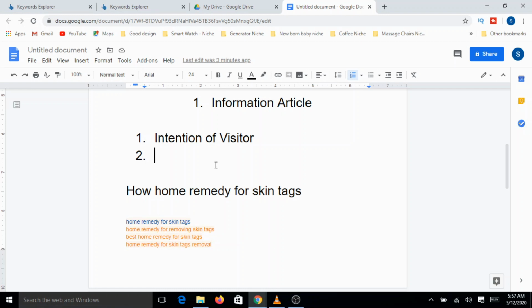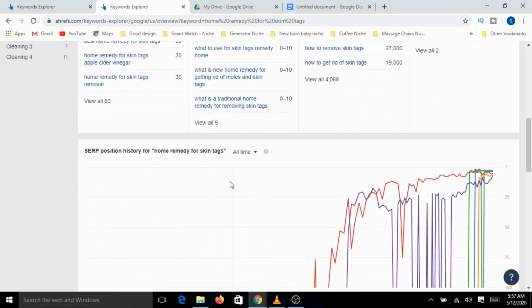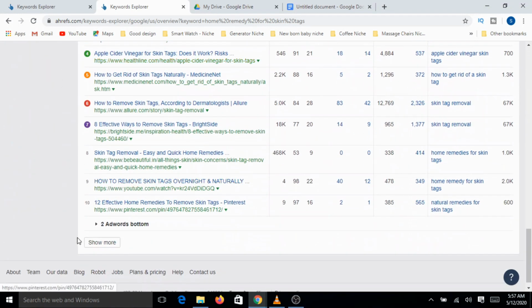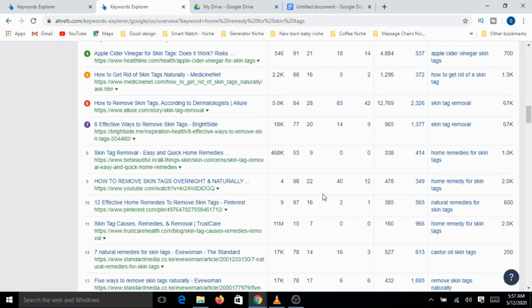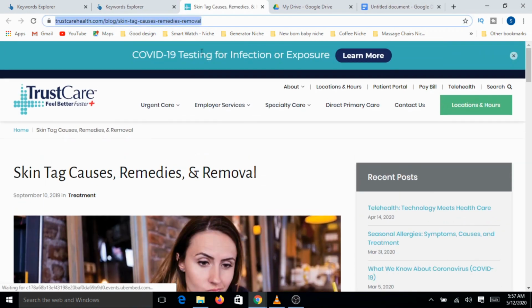What I am sharing here is purely my experience. After going through several failures, whatever worked for me, I created some kind of a pattern and which is working for me now. That's what I am sharing here. Now let's get into the second thing. Second thing is what is that one site that we have seen which has low DR but ranking well. So this is the site. Let's get into this particular website.